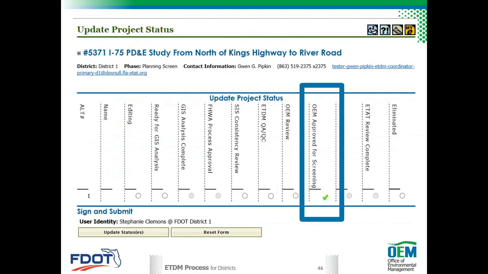So as soon as the OEM reviewer approves the information, the status changes to OEM approved for screening, and the district ETDM coordination team is sent a notification. As soon as it's approved, it's good to go. We don't need to wait until the end of the review period. So we have 14 days for that, but certainly we want to get that done as soon as we can and not wait that entire 14 days. So